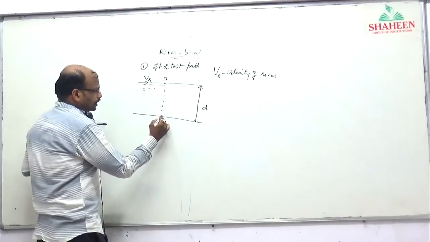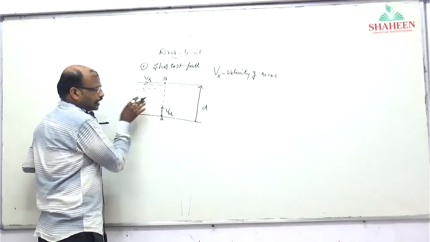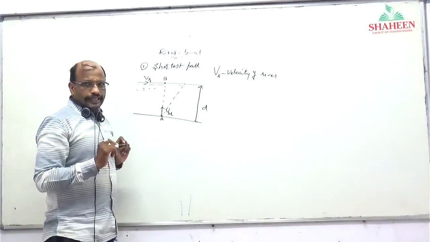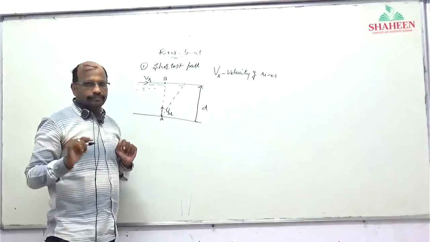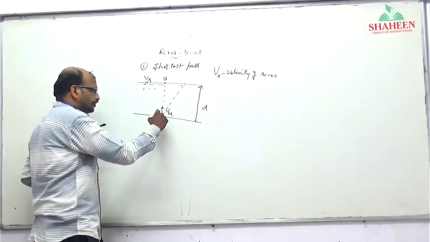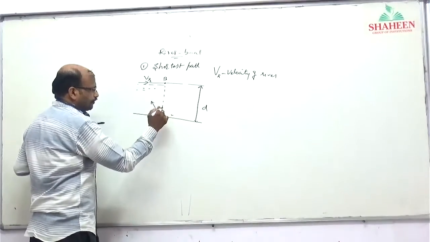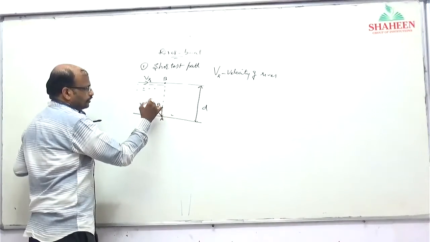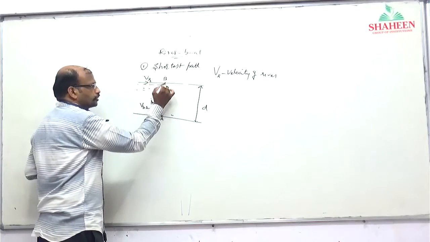If he is moving in this direction, perpendicular to the river flow, the river will push the boat and he may reach somewhere near this point. But he wants to reach exactly the opposite point. Shortest path I am saying here. So he must row steering in this direction, meaning the velocity of boat with respect to river, VBR, must be in this direction at angle theta. Then you may reach exactly the opposite point, because with the push you may otherwise reach a point here.